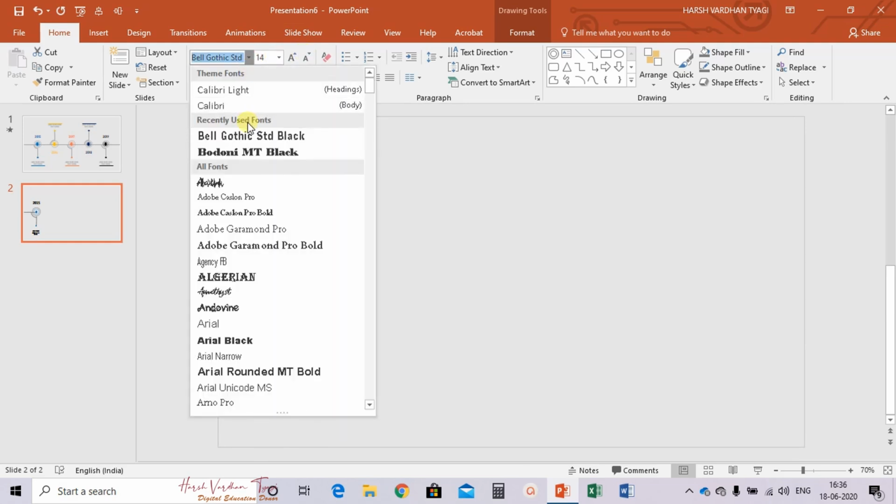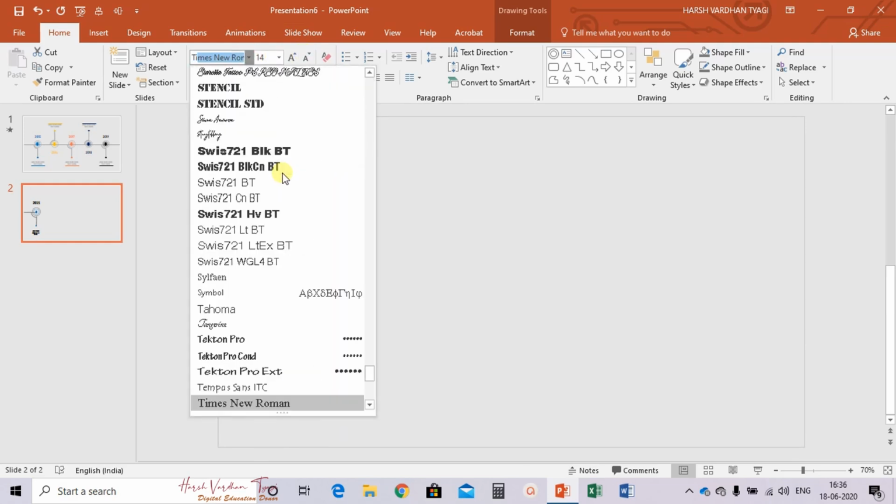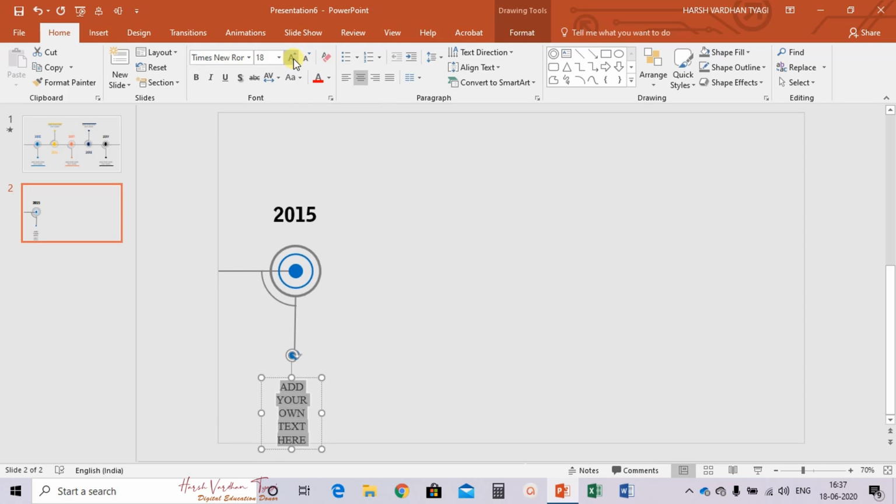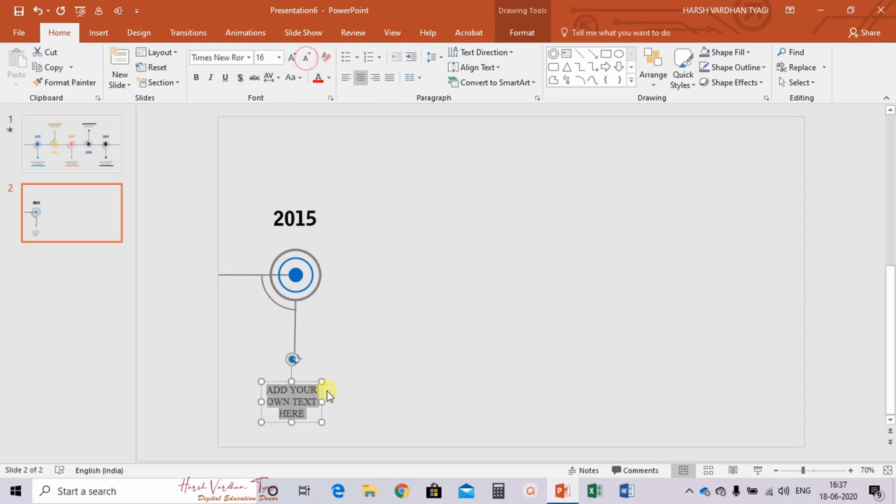And change the font to Times New Roman. Arrange it at the center.